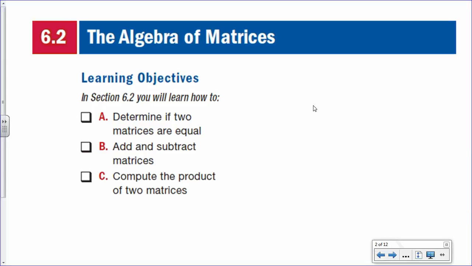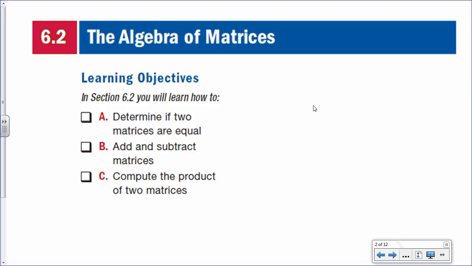We're going to start 6-2. We'll get through A and B and start C. This is a little bit easier than 6.1. We're going to take a step back from the systems, so we're not going to do augmented matrices, just regular matrices, and talk about some operations, like adding, subtracting, and